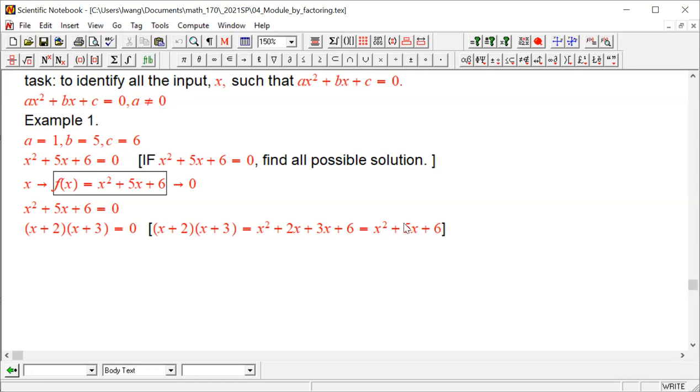Right now we're not going to get into how to factor because we have another session about how to factor. So here, suppose we factor this, and next